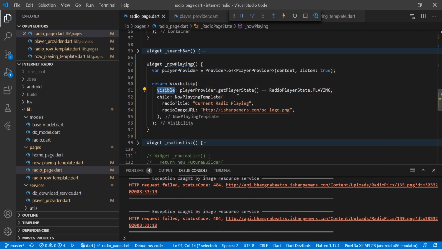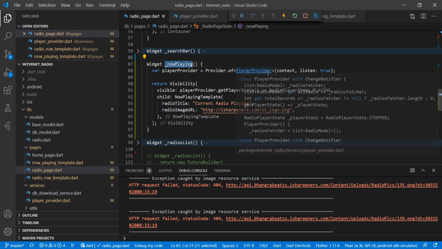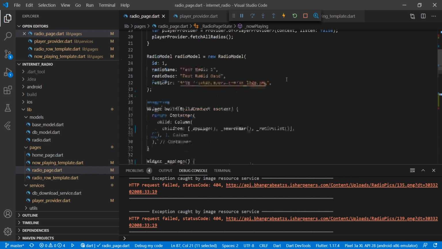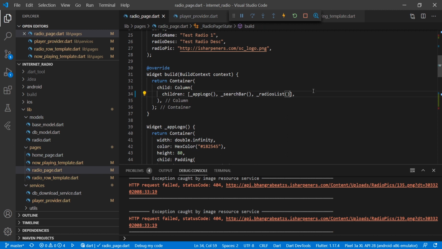In the visible we are checking if that state is equal to radio player state dot playing, then only we will show that now playing, else that tab will not show. Now we'll use that now playing here.